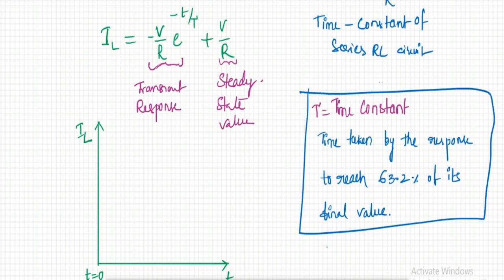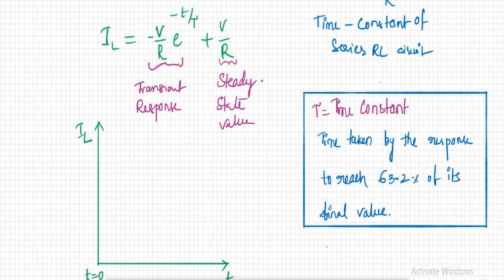So this is the definition for forced response, and for source free response the definition for time constant was the time taken by the response to reach 37% of its initial value. So that is different for forced response and source free response. So now here let us assume this is the time period, this is the time constant tau. At this instance t is equal to time constant. So what is the time constant here for series RL circuits?